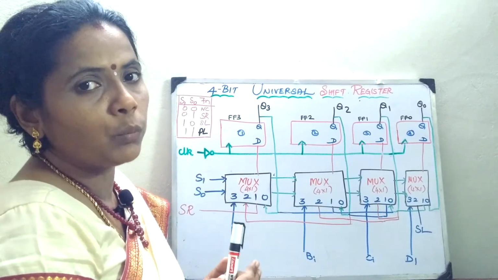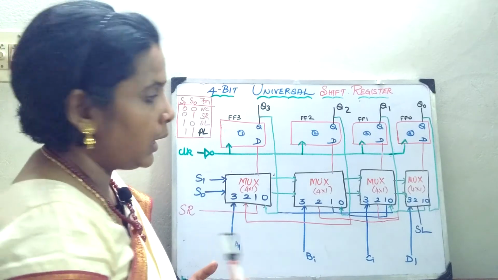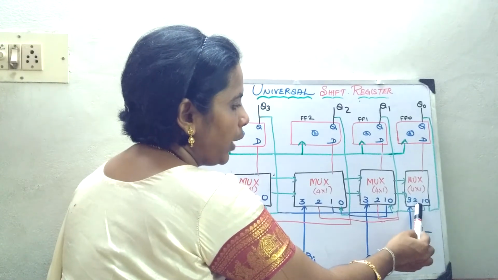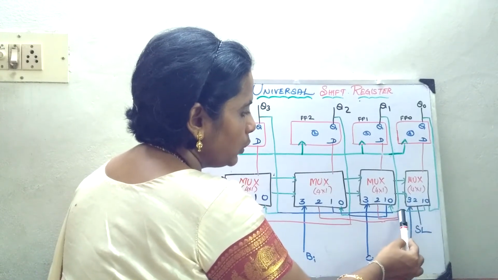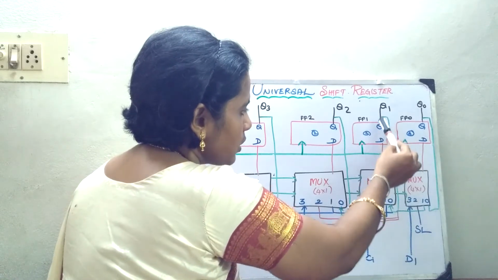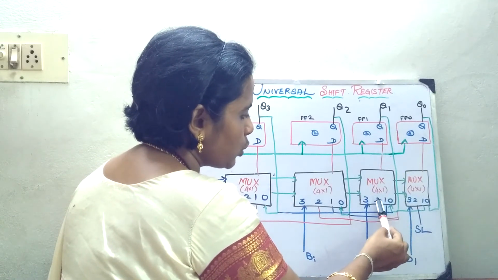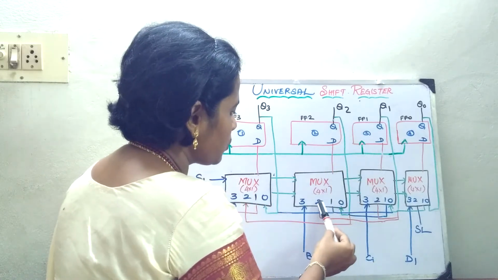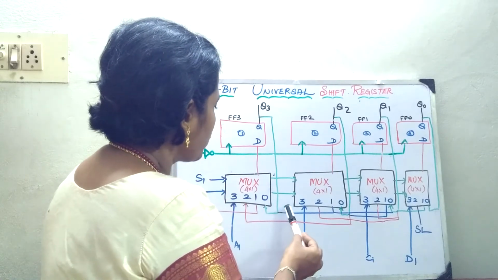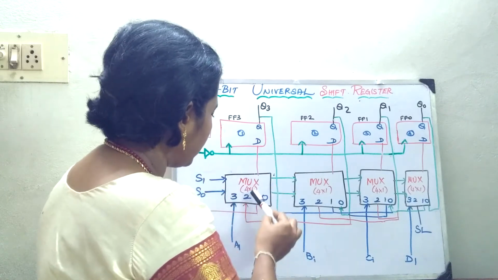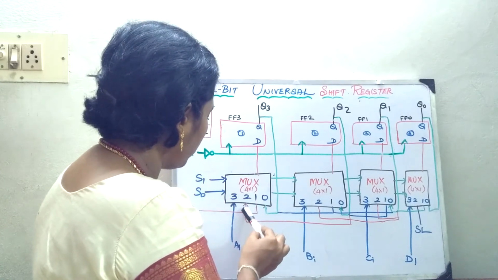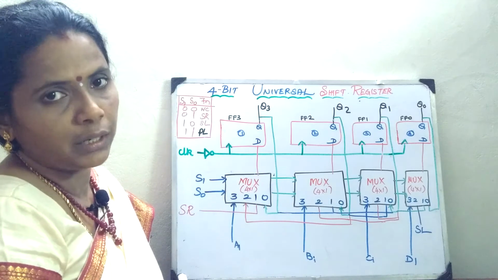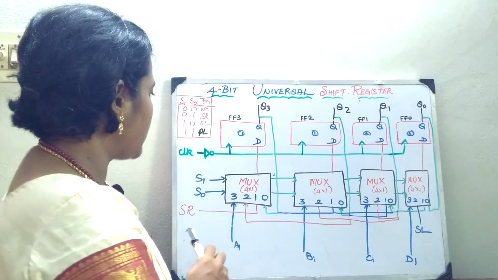Now if I want to move the data, shift left, in that case just consider point 2. From this point, see how the data has been transferred. It has been transferred like this and comes to point 2. From point 2 it goes like this and comes through your point 2, and it is shifted left.